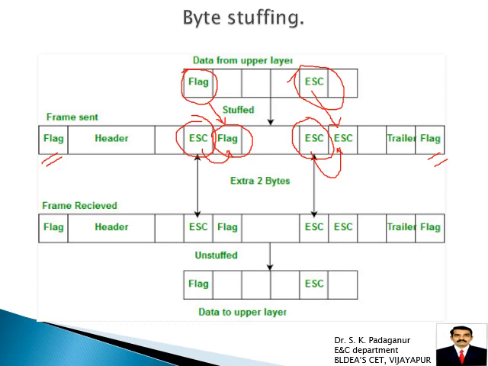So whenever it finds the escape character, the special character, in the data, it assumes that the next byte should be data. This is similar to bit stuffing, but there we are adding bit 0, here we are adding a special byte called escape. So 2 extra bytes are added, then this is unstuffed. After receiving at the receiver, we'll just remove these, then we'll get the original data. So this is character stuffing, also called byte stuffing.